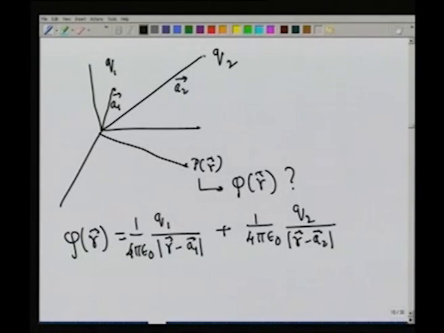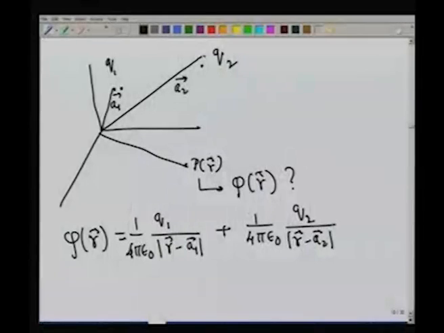Now, if I were to ask what are the equipotential surfaces, without doing any calculation, you can make a number of qualitative statements. If my r were very close to the charge q2, then the dominant contribution to the field at this particular point would come from the charge q2 and not from the charge q1. Remember, the potential here will get a dominant contribution from this because mod r minus a2 is very close to 0, therefore this is diverging, whereas this is a finite number, however large it may be. In a similar manner, if I were to choose a point P which is very close to the charge q1, the dominant contribution would come from this and it would not come from this.